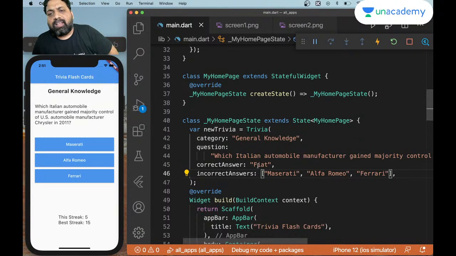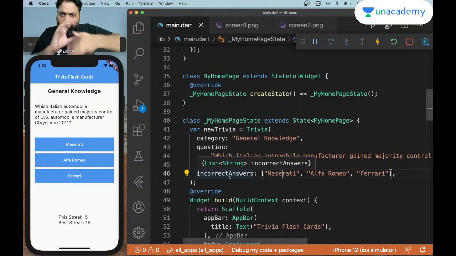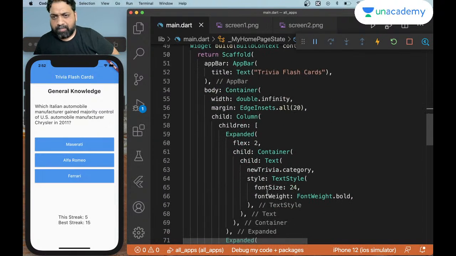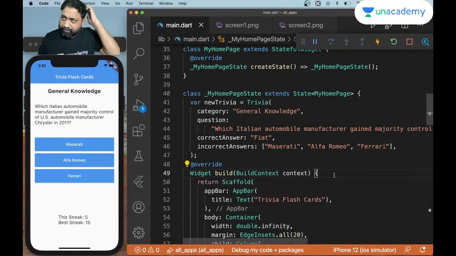So I'm going to have to add the correct answer to it also. I'm going to have to mix my correct answer into the incorrect answers, shuffle them up a bit, sort them alphabetically, and then present them here. Okay, so let's do that now. We already have this, right? We already have incorrect answers and correct answers available here. All I have to do now is that I have to say, you know,